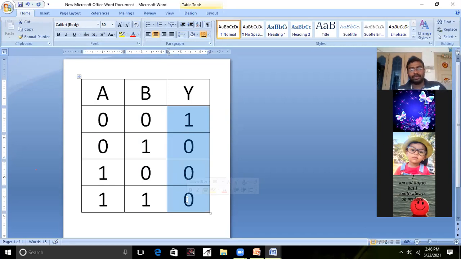Let me go for the extended gates. XOR gate, I told you already. When the two inputs are low and when the two inputs are high, your output will be low. For the remaining two cases, your output will be high. Guys, if you don't remember it like this, you remember the expression A bar B plus A B bar. Substitute the inputs into that and get your outputs. Not a difficult thing. So this is about XOR, and exactly the reverse of this is XNOR: 1 0 0 1. This is the truth table for the XNOR gate.